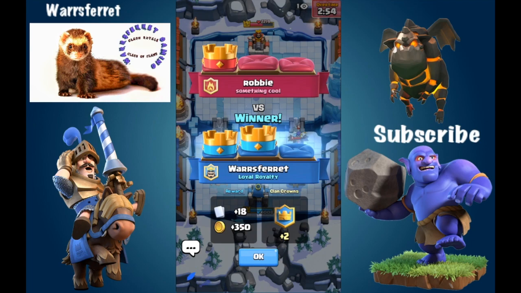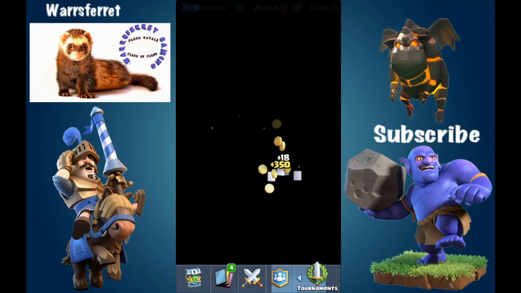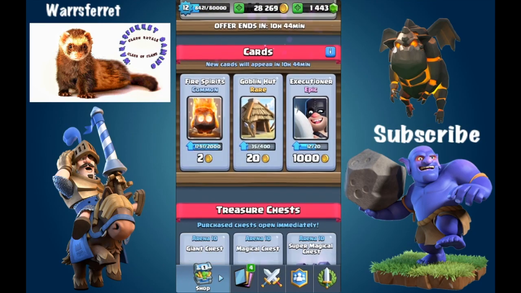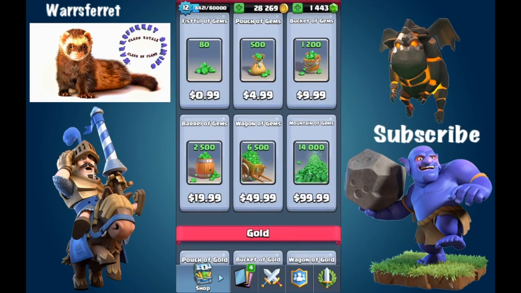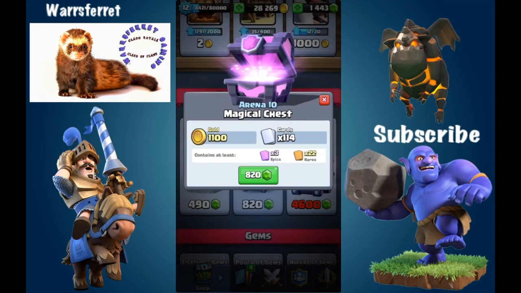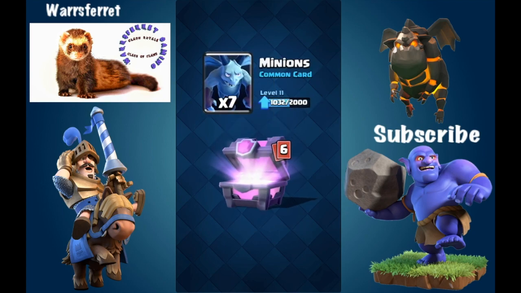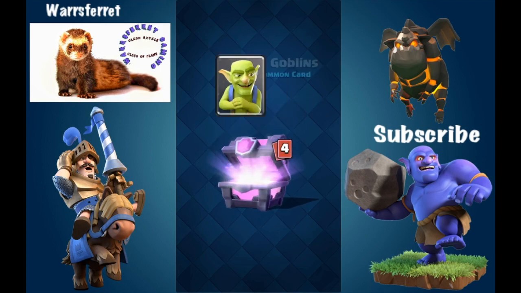I will probably split this video up into two, because I know you guys have lives and can't watch this for 45 minutes. But, for another gem spree, I think we could open a magical chest. Three epics guaranteed, 22 rares. There's a chance of a legendary. We're going to go for 820 gems,